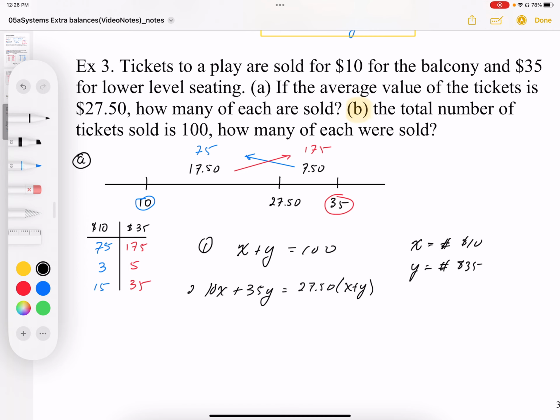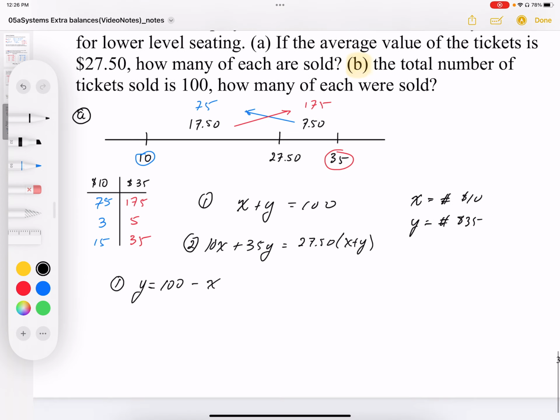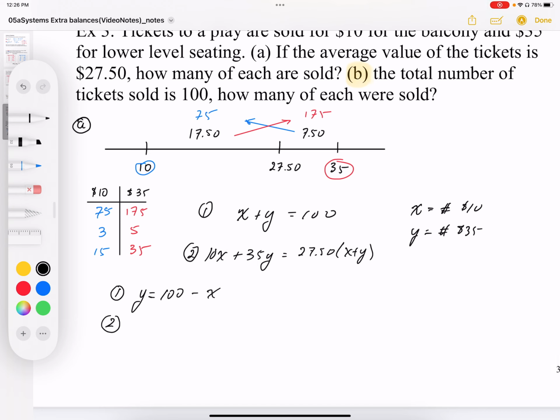So equation 1, equation 2, and then I'm just going to substitute to solve here. I can graph this, but in this case, I'm just going to solve this by algebra, by substitution. So I'm going to take equation 1 and put it into equation 2, where I have 10x plus 35 times y. And instead of y, I'm going to use this expression, 100 minus x, and that's going to be equal to, and I'm going to expand this out,